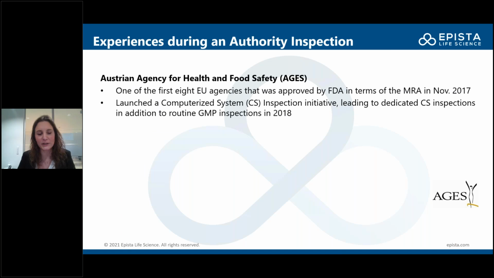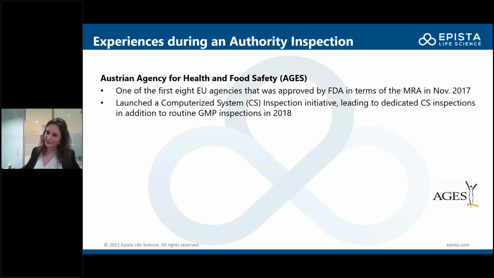The inspection was conducted by the Austrian Agency for Health and Food Safety, also called AGES. And maybe a bit of background. AGES was one of the first 8 EU agencies that was approved by the US FDA as part of the Mutual Recognition Agreement in November 2017. I can't prove that there's a relation between that, but